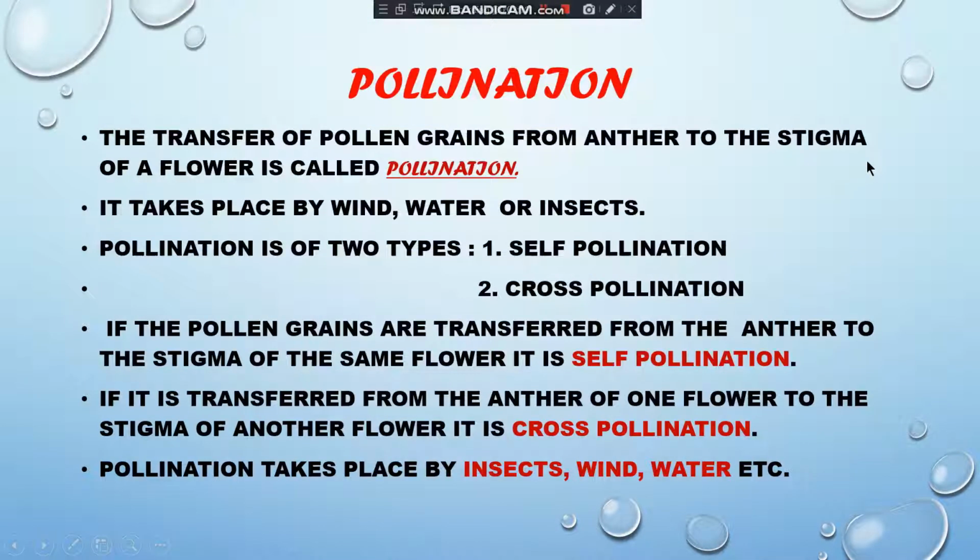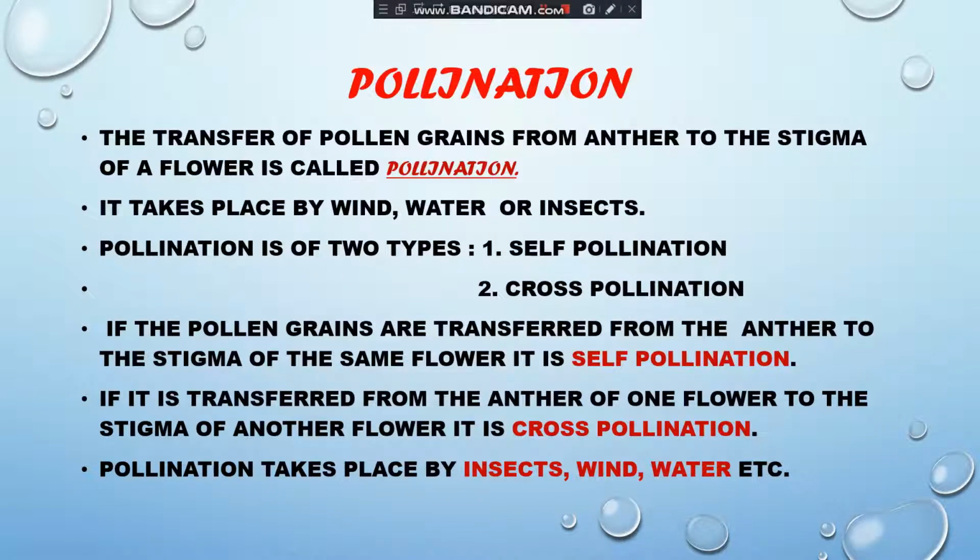Now, what is pollination? As I told you, the petals are the most attractive part of the flower, and the function of the petal is to attract insects or birds or humans or other organisms. And it helps in pollination. So what is meant by pollination? For the reproduction of the plant, the main important function is pollination. The process of pollination should be completed.